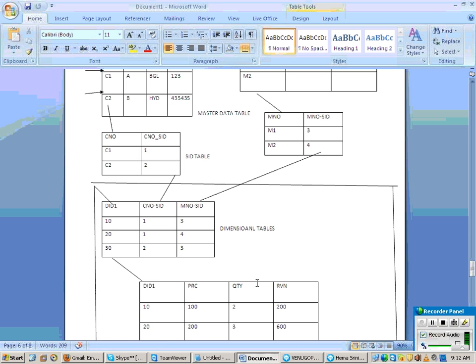The advantage now, one dimension, how many characters do you assign? 2 characters. That means your analysis is improved.